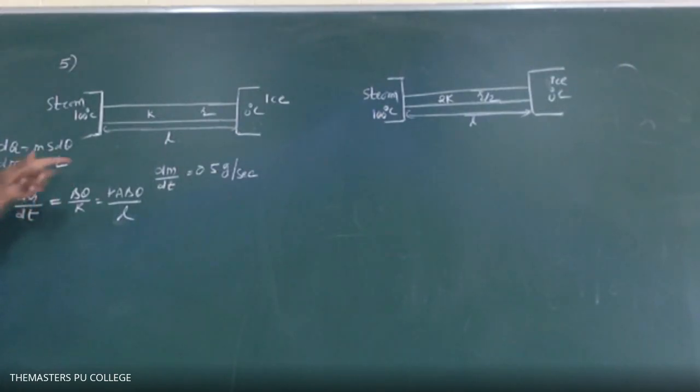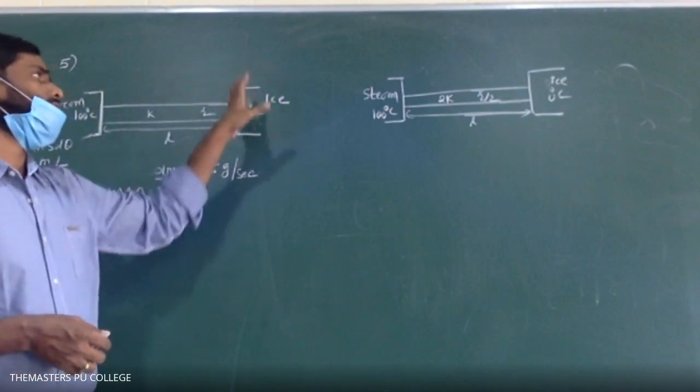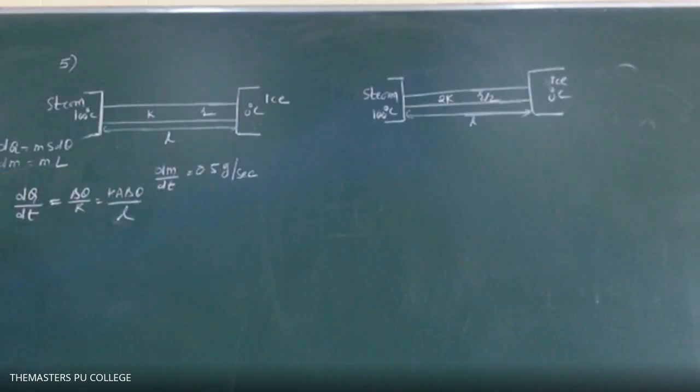Ice is melting into water, no? The temperature of the steam is constant, the temperature of the ice is also constant, just the ice is melting into water. Second formula, sir, the second formula we are supposed to use. Okay, so to avoid the confusion, everywhere I am writing these two formulas. When to use this formula? When the temperature of the substance either increases or decreases, then we can use that heat evolved or heat absorbed is this one. When the phase of matter changes, then we can write dQ equals m into L. That's the thing.